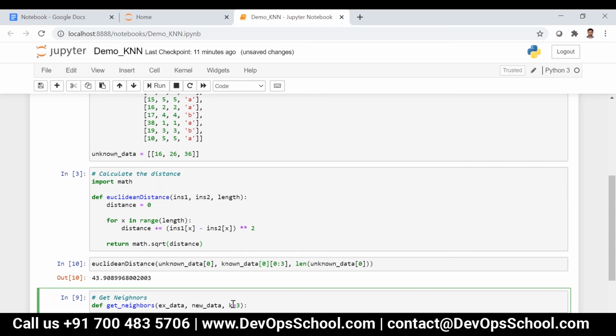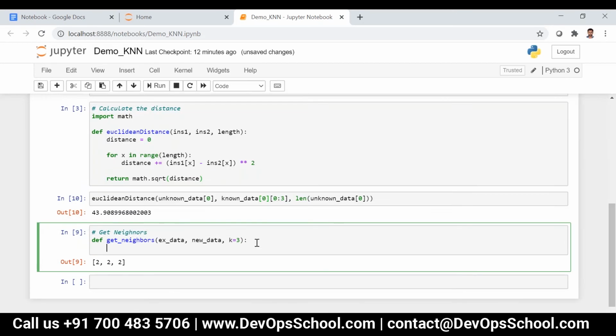But if we select more neighbors, and from there we select the label, the probability of accuracy is more. That's why the minimum value for k that we need to choose is 3. It doesn't mean that you should not have k is equal to 1. You can have it, but it will not work basically.